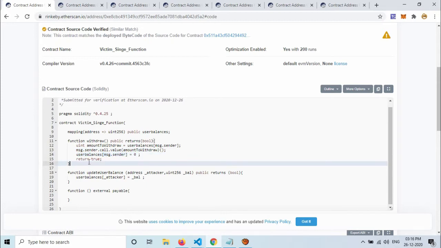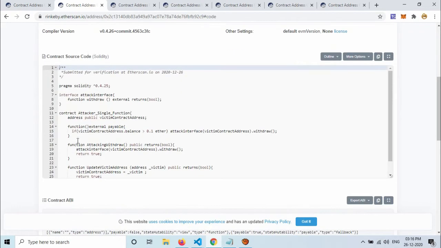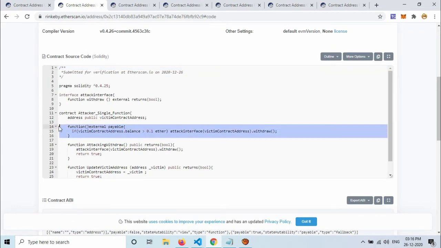But before the user balance becomes 0, this line will trigger the fallback function in the attacking contract address. This is the attacking contract address and this is the fallback function.